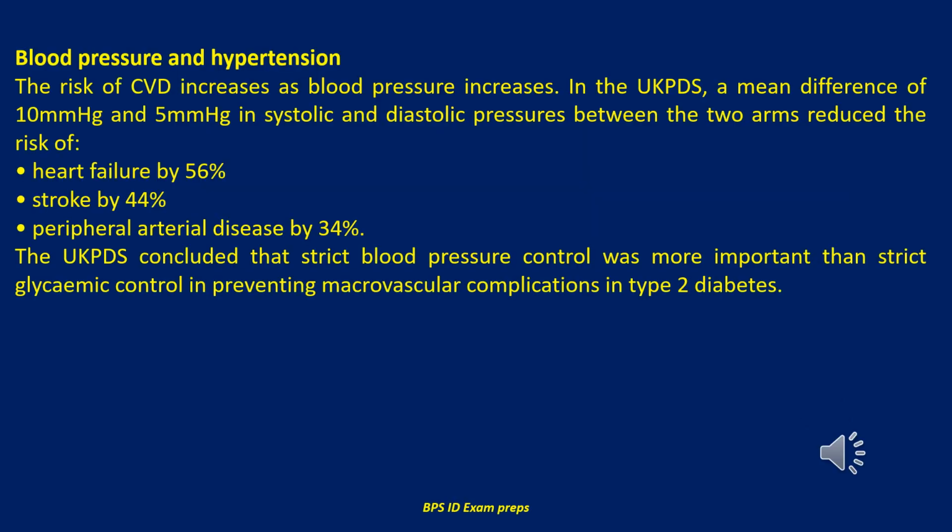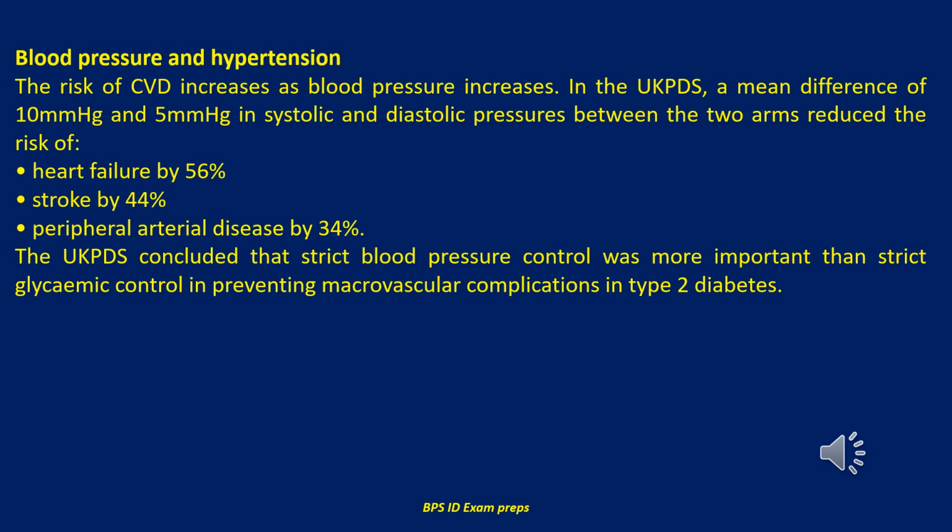We will now discuss blood pressure and hypertension. The risk of CVD increases as blood pressure increases. In the UKPDS, a mean difference of 10 mm of mercury and 5 mm of mercury in systolic and diastolic pressures between the two arms reduced the risk of 1. Heart failure by 56%,